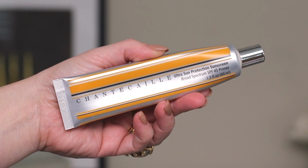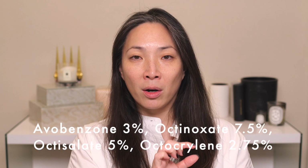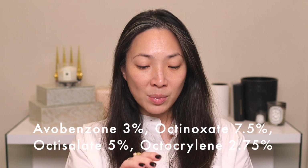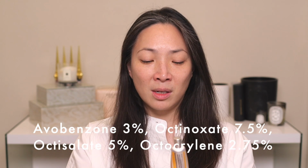I'm going to be using the Ultra Sun Protection Sunscreen Broad Spectrum SPF 45 primer, and this has, I believe, chemical sunscreen. Yep, there's a whole bunch of different chemical sunscreens in there. I'll try and remember to list what they are here on the screen for you. So it's a really interesting formula, and I have definitely talked about this in a gazillion other videos, in my favorites. I think I even talked about this during the Nordstrom anniversary sale video that I had last year,